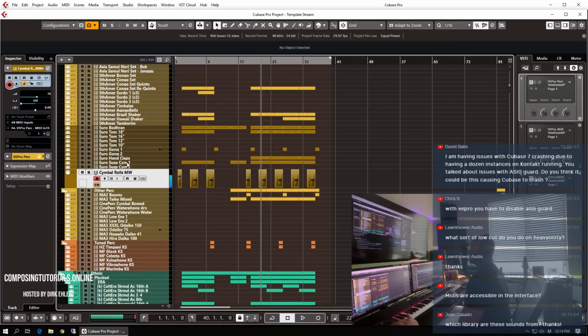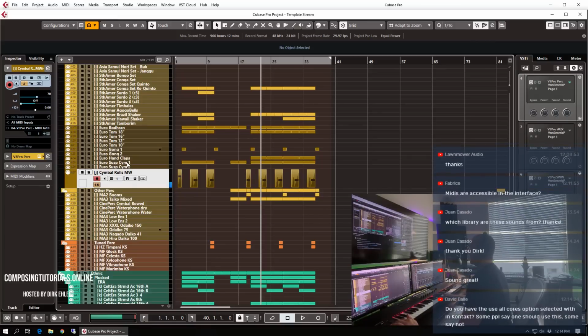Cymbal rolls. Little library from Loops de la Crème. Great for